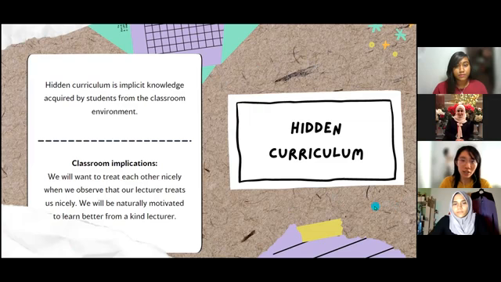Maybe if, let's say, we don't like the lecturer, we can't really learn very well with the lecturer. We can't really learn about that topic very well. But if let's say there's a lecturer that this student likes, and this student learns this difficult topic with the lecturer, maybe he or she can understand more from that lecturer, just because of these hidden things that are actually happening in the background.